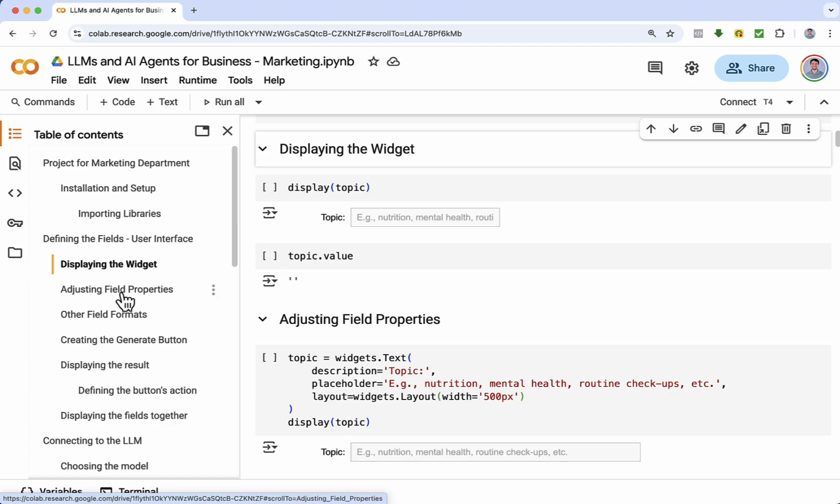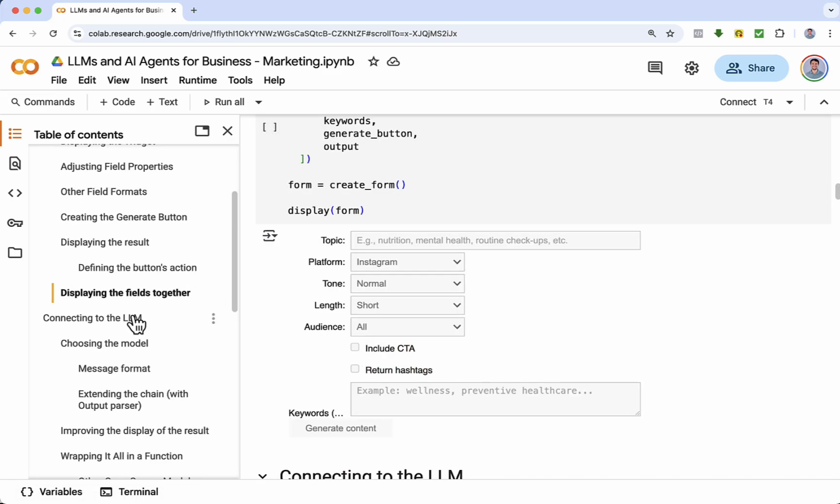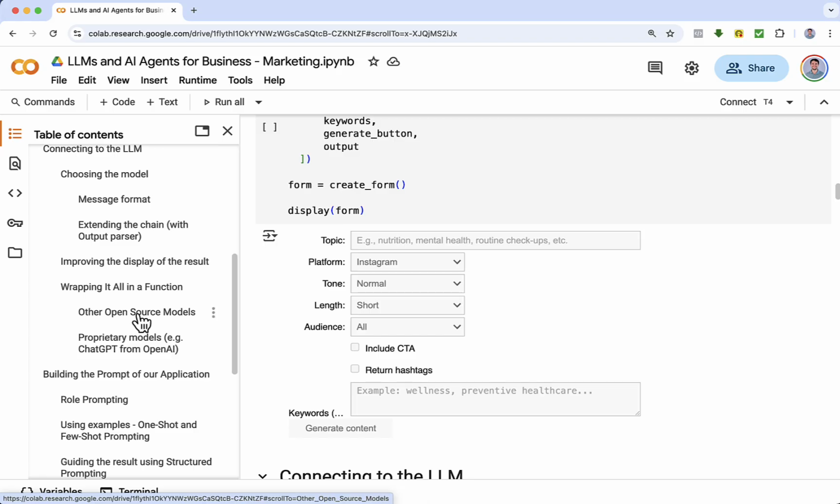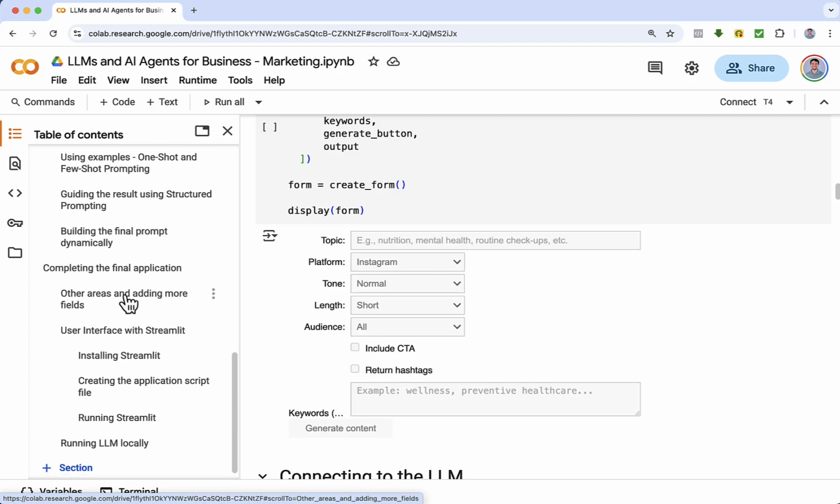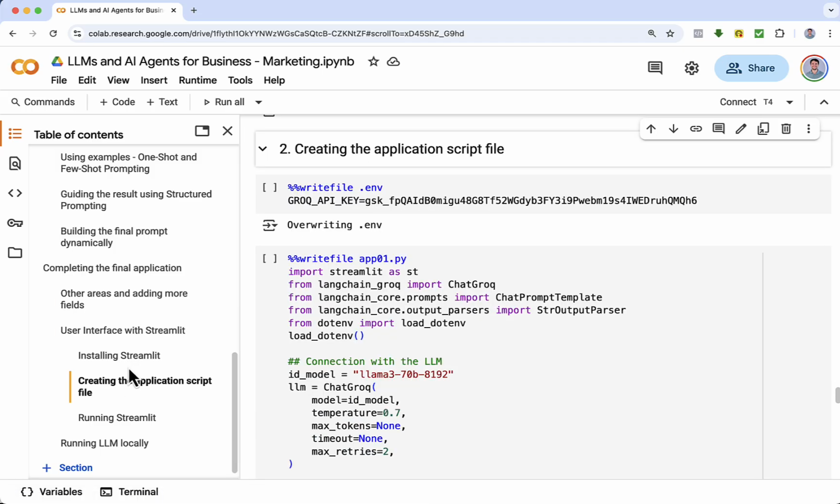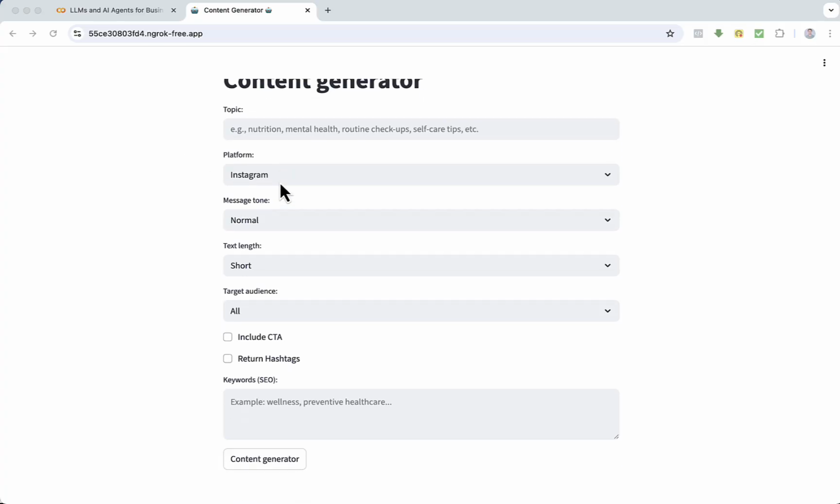creating the graphical user interface so the user can fill in the fields, to the entire process of executing the LLM and viewing the result. You can see here all the topics that will be implemented step by step. The idea of this project is to create a user interface for the company's marketing team with the goal of